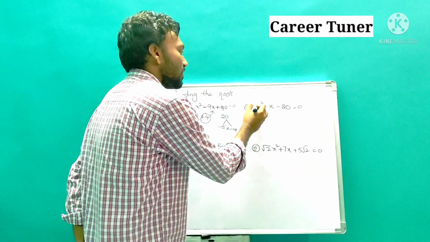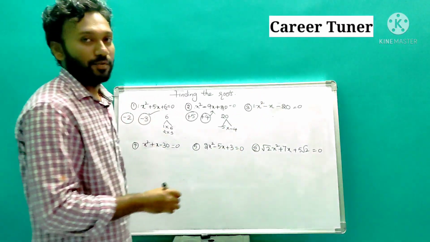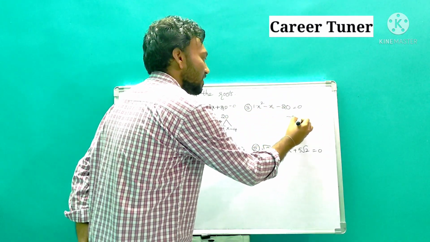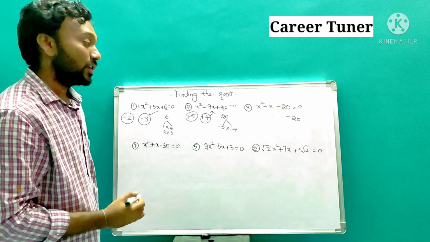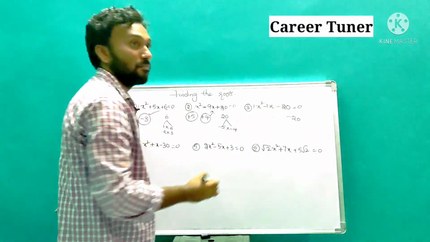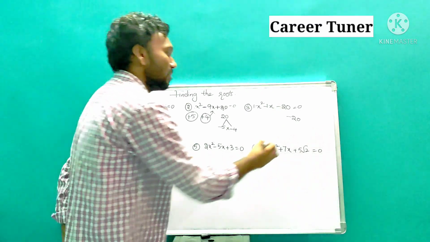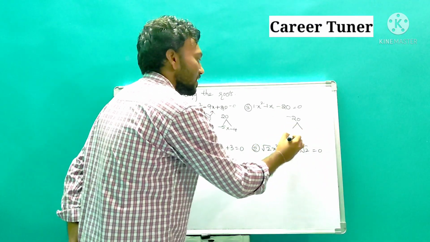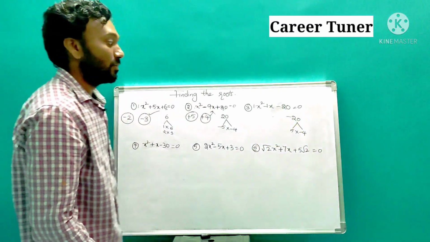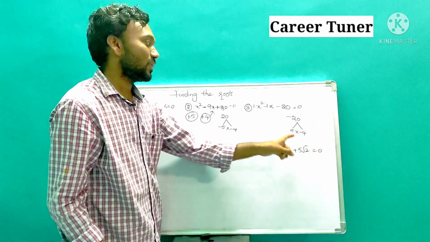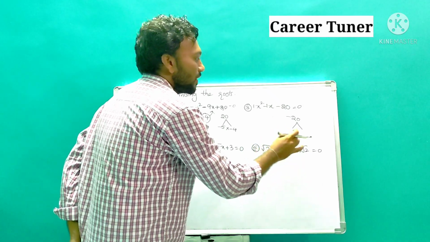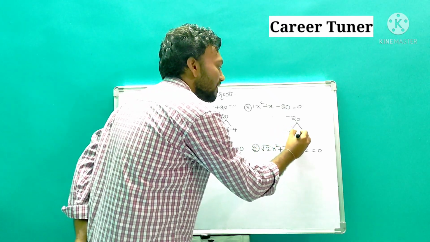Now if you see, here the coefficient is 1, obviously. Now 1 into minus 20, so that is minus 20. So here also you need to take factors, but the coefficient that you need to get is nothing but minus 1. So simply you can write it as 5 into minus 4, so that you will get minus 20. But when you add 5 and minus 4, you will get plus 1. So this is not possible. So what I am going to do? I am going to write minus 5 into 4.